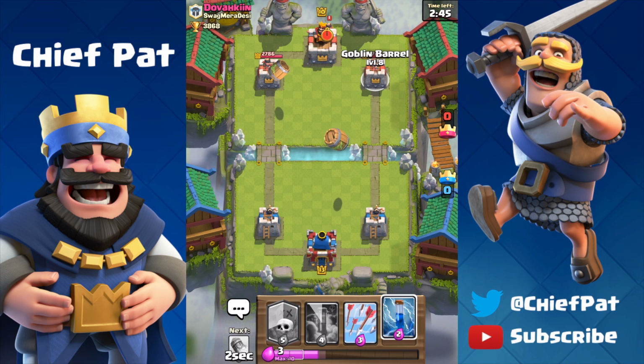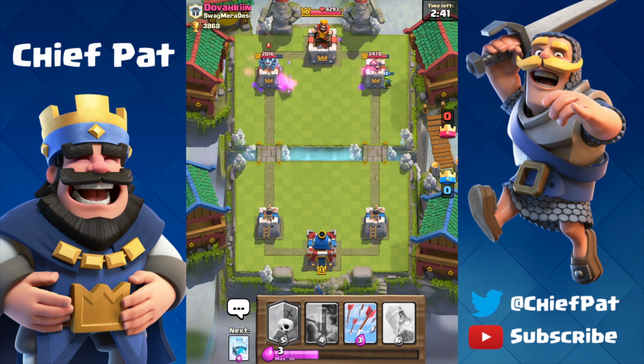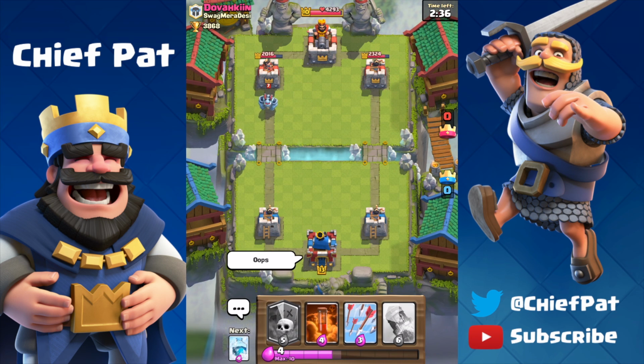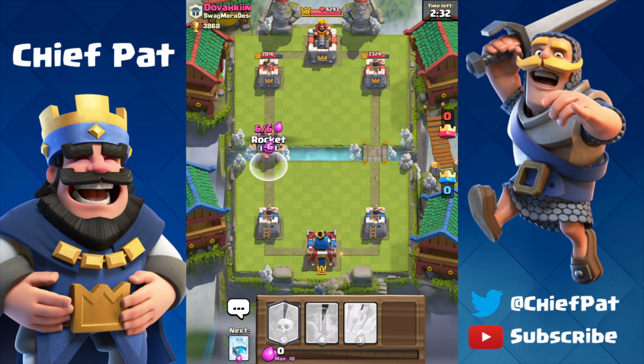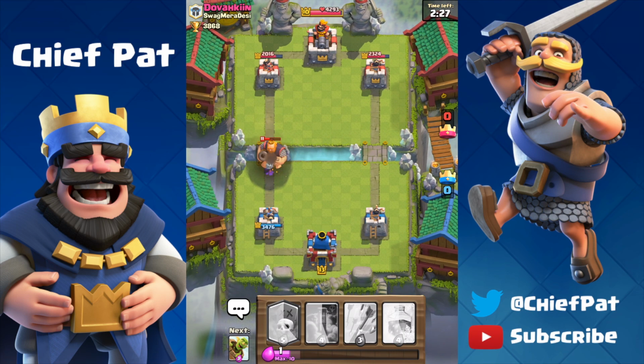Now, of course, in the very beginning, I'm going to be playing players who are way lower level than me. In fact, this guy's a level 10, but using only spells should serve to be at least a little bit difficult. And the only cards I have that actually deploy some sort of troop would be the Goblin Barrel or actually the Graveyard. Now, I have a Rocket to deal with the Mega Minion and the Royal Giant, but